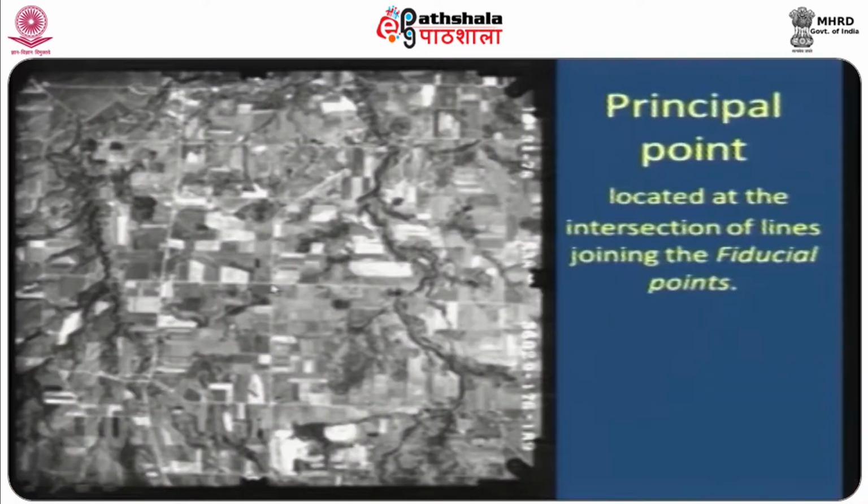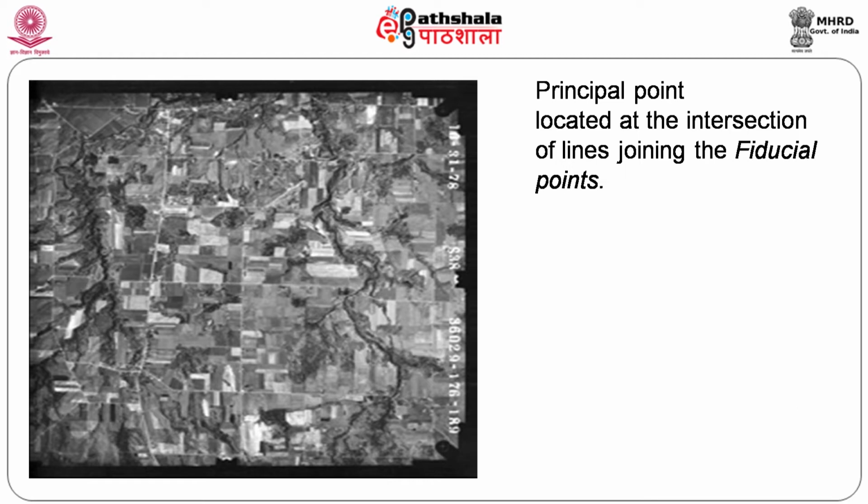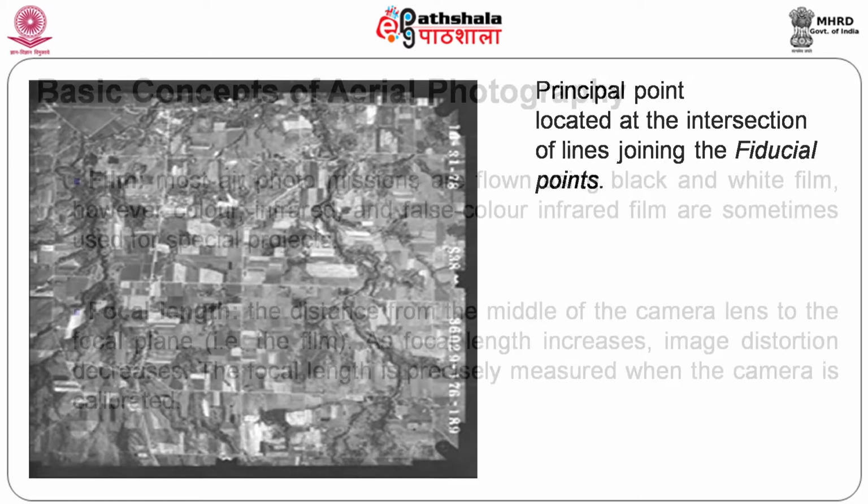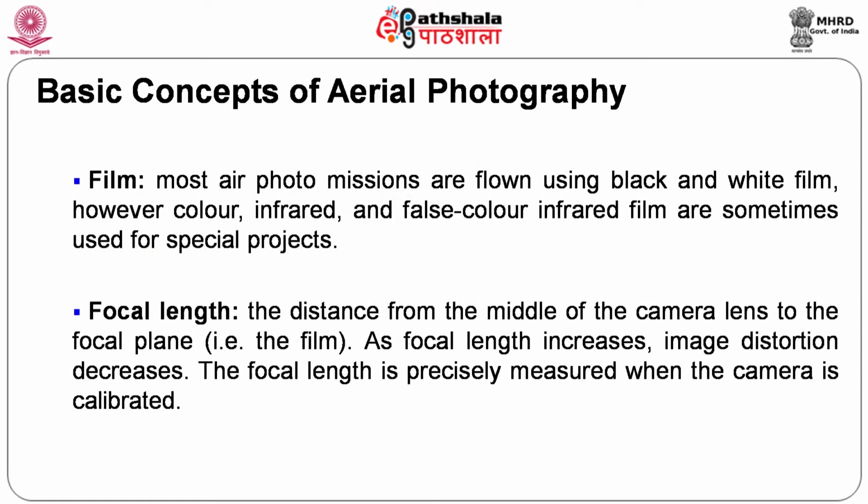So, that is the reason I was telling you, when I am taking the aerial photograph, my principal point will decide what will be the common area, presuming that only that area is accurate. That is the reason when I am generating a 3-dimensional model out of 2 different aerial photographs, I will be getting an accurate 3-dimensional model, as far as possible free from any aberrations. So, we use the films and the focal length.